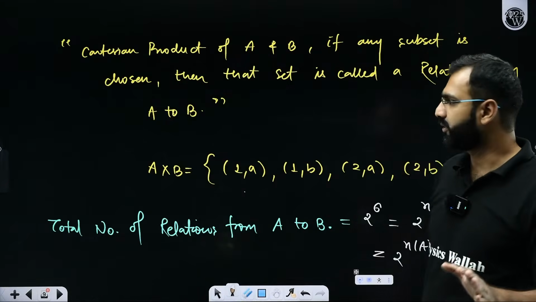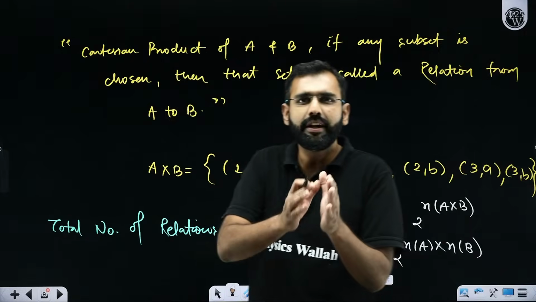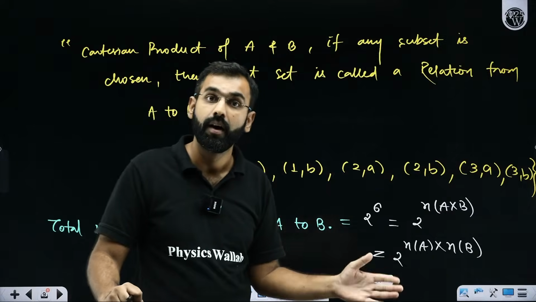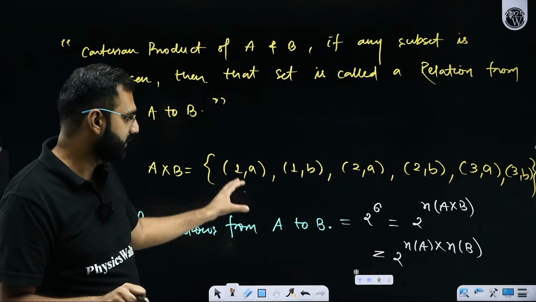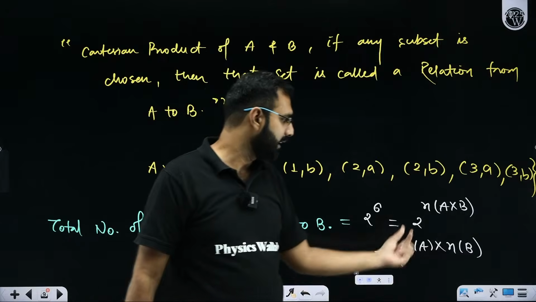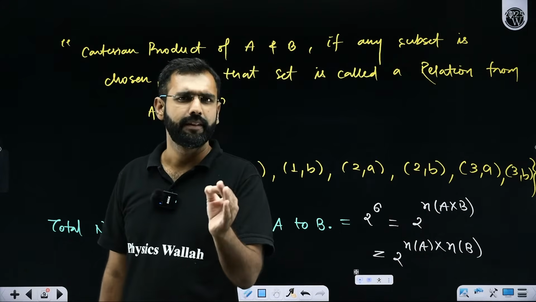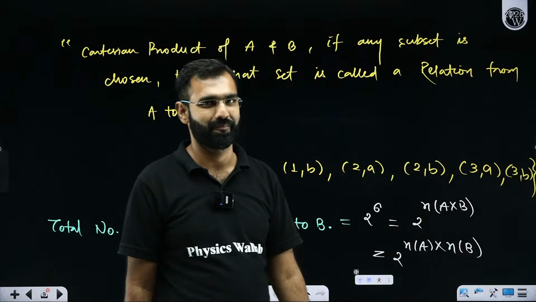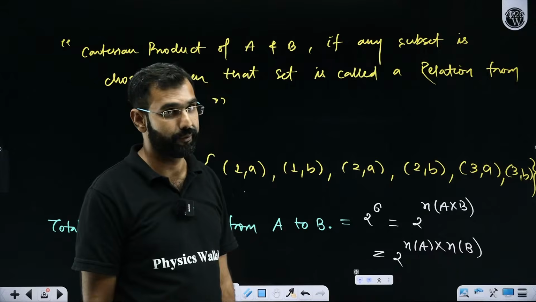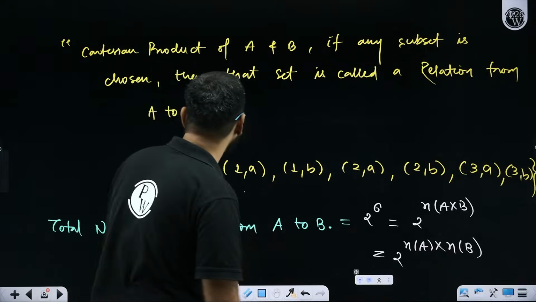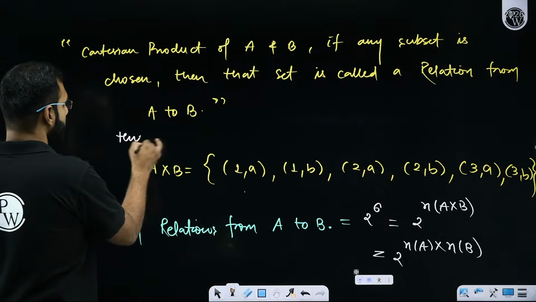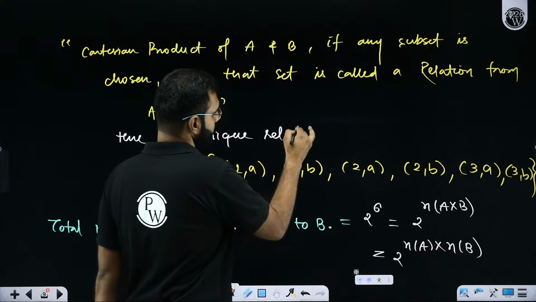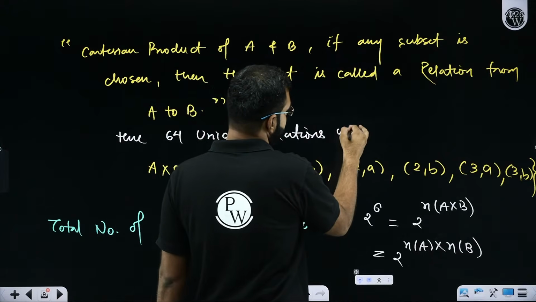Keep it up. Here I'm saying that if I'm ever asked how many relations can I define uniquely, distinctly, separately, totally, I'll say if set A has number of elements NA and set B has number of elements NB, then the total number of relations from A to B will be 2 to the power NA into NB. Absolutely, Vijay. And in this case, 2 to the power 6 means 64. So here, 64 unique, distinct relations will exist